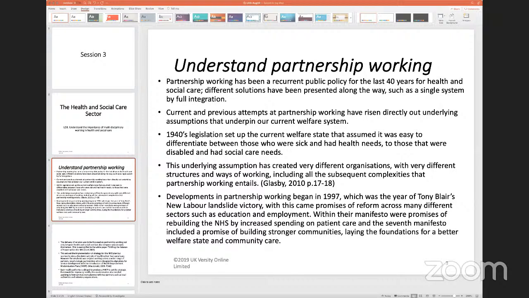Now, when we talk about the background of partnership, and the current welfare system and how this was introduced, it was introduced in the 1940s. Just a bit of background, this was primarily adopted into the NHS when the Labour government came in 1997, and they reintroduced reforms in the National Health Service. The spending on the National Health Service was increased, and patient care was added to the NHS constitution. And in order to provide full care to the patients,